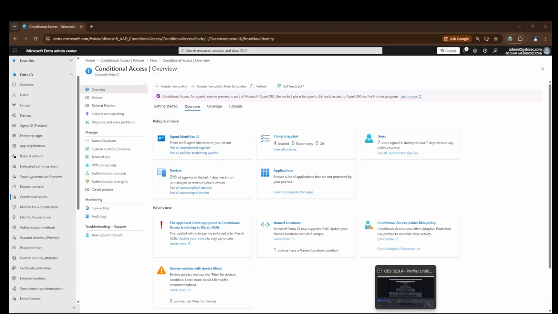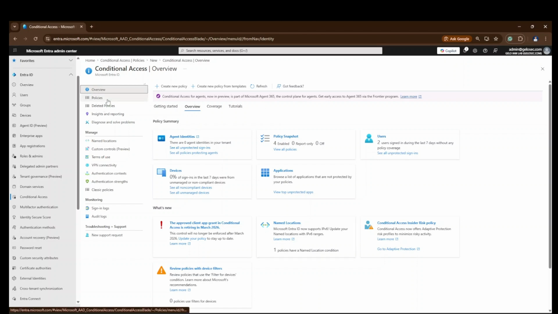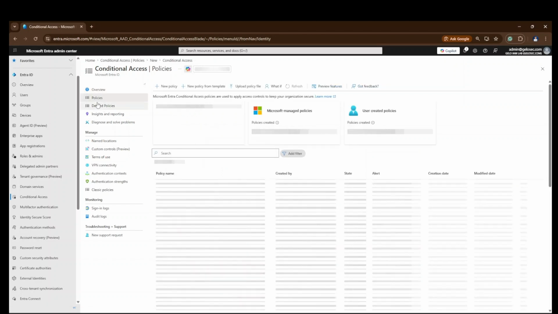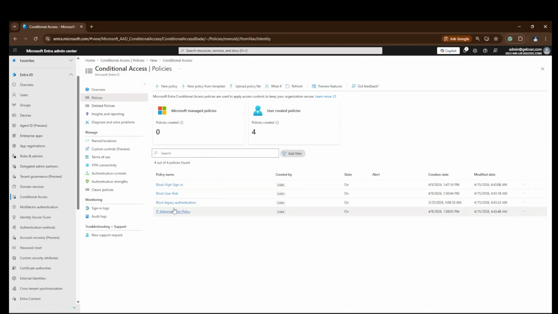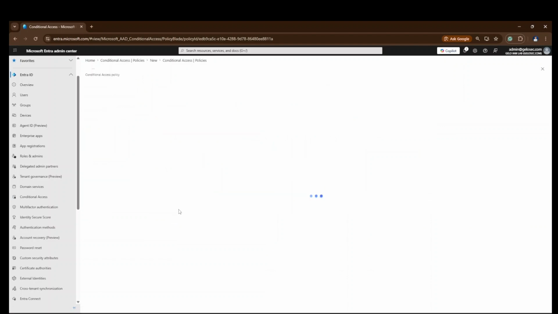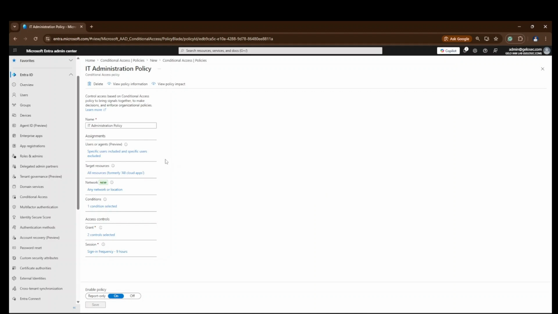Okay, one thing I forgot, guys, and this is very important when creating a conditional access policy, is to make sure that enable policy is set to on. When we toggle here in the policy section, for example, we're gonna check this policy, enable policy should be on.